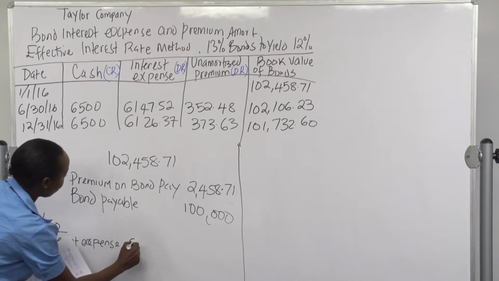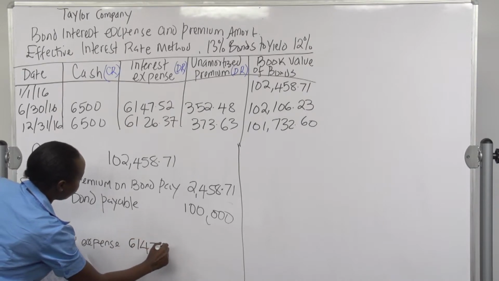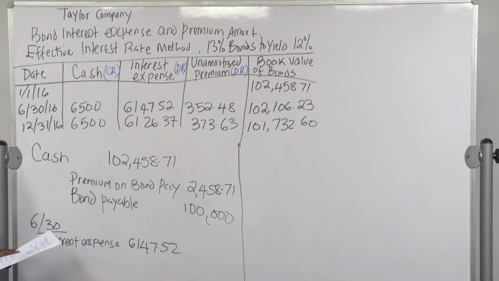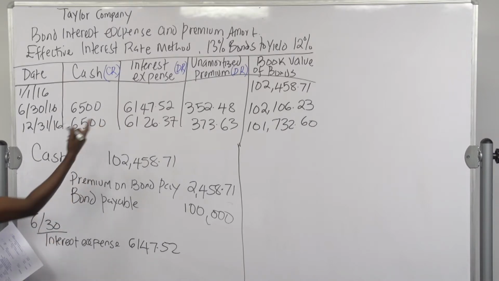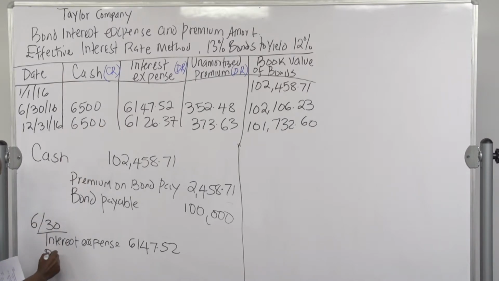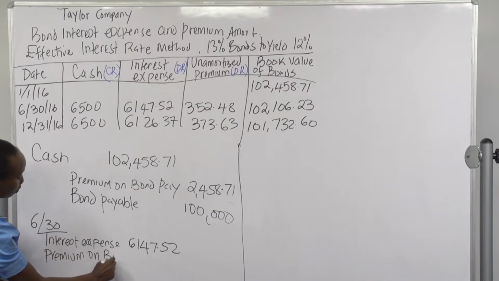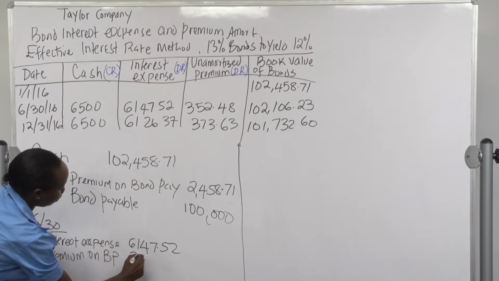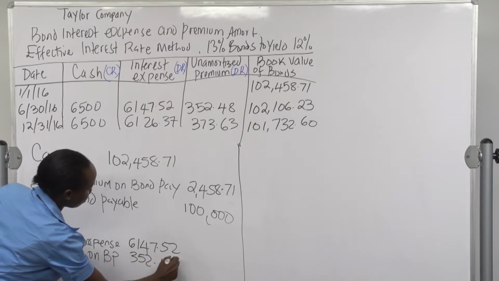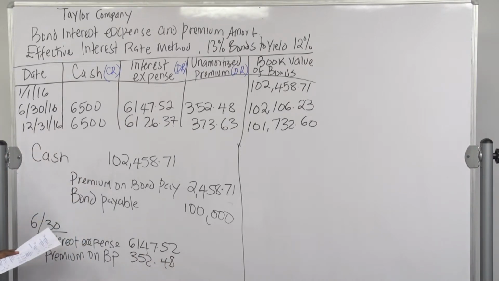We're just picking that up: 6,147.52. We have the amortization for the premium, premium on bond payable, $352.48, and the total cash that we paid out was